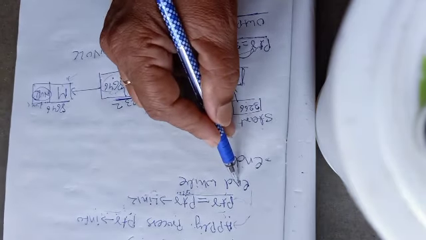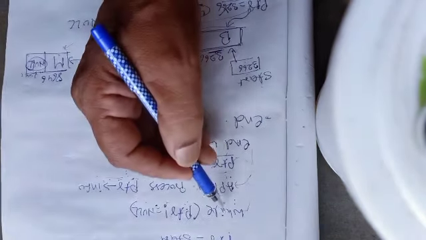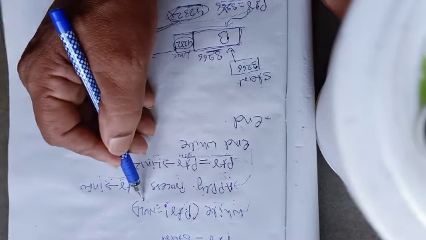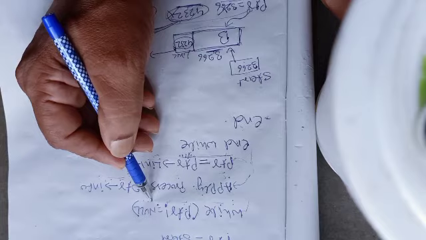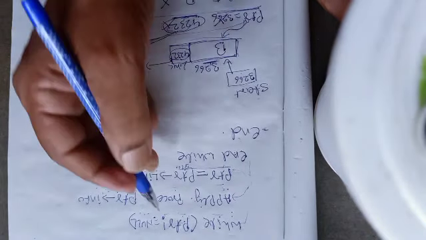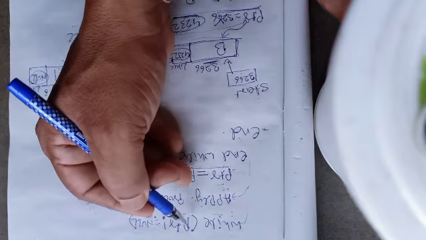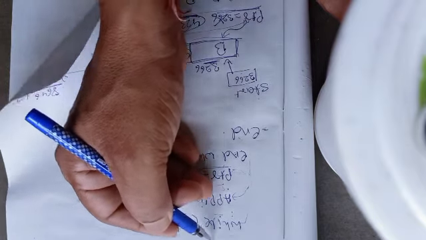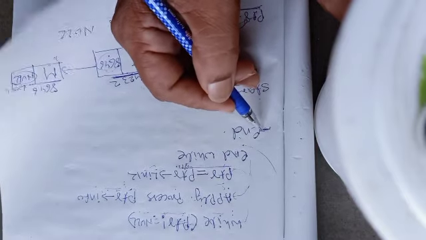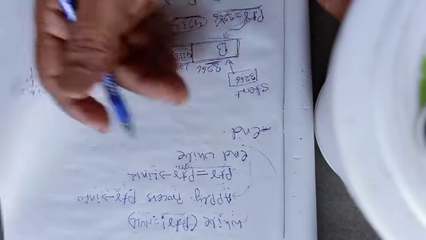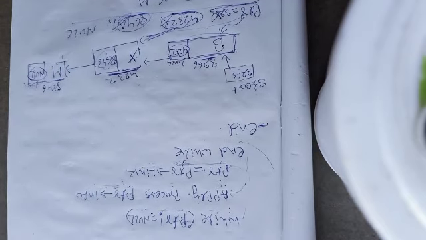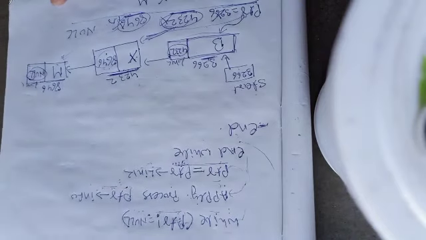Now end while, so my loop goes back to the loop condition, where ptr not equal to null is evaluated. Now this condition becomes false because my ptr value has already reached null. So when this condition becomes false, the loop will break and come out of this block, and finally the end of the algorithm is reached, and this is how my algorithm terminates. I hope you understood the concept of traversing a linked list.